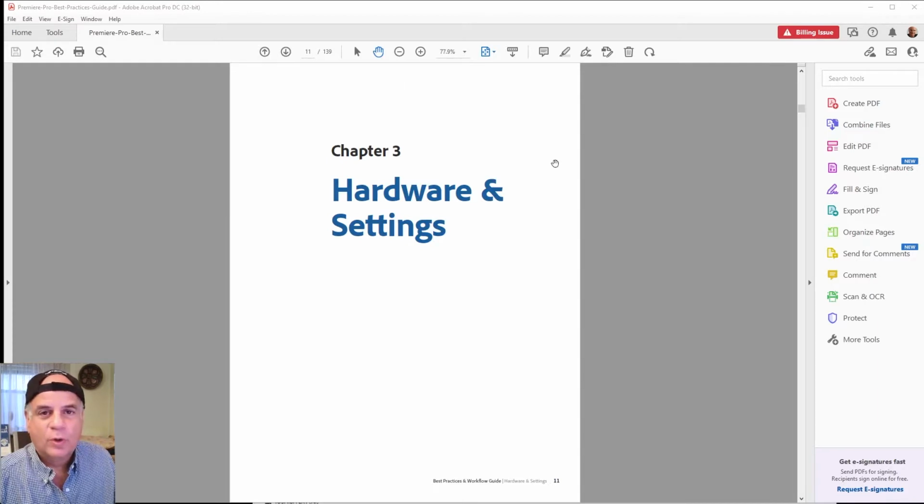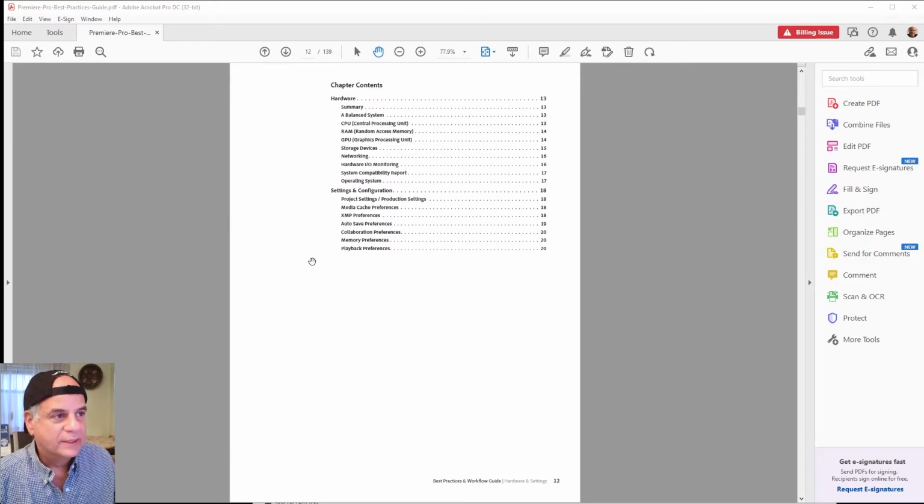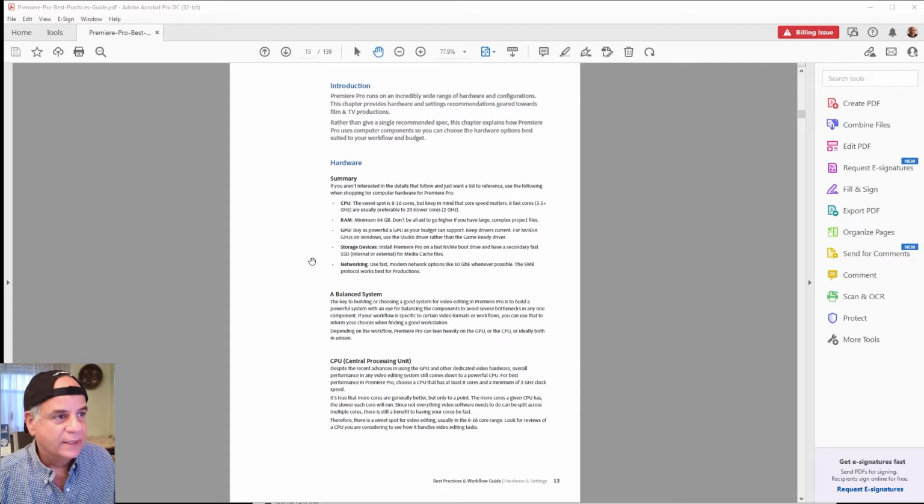The next chapter is called Hardware and Settings, and it goes over important concepts when setting up hardware to work on a huge editing and post-production job with Premiere Pro at its center. For example, it tells you about CPU considerations. And one thing that I found interesting was that it tells you the sweet spot is 8 to